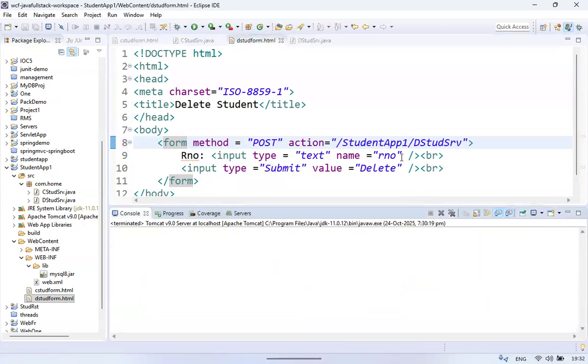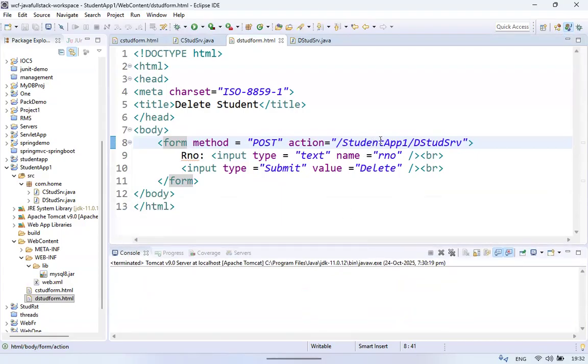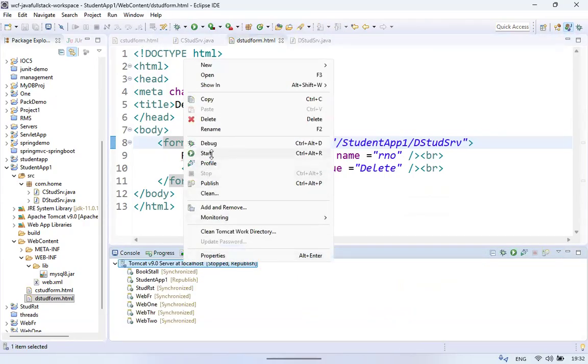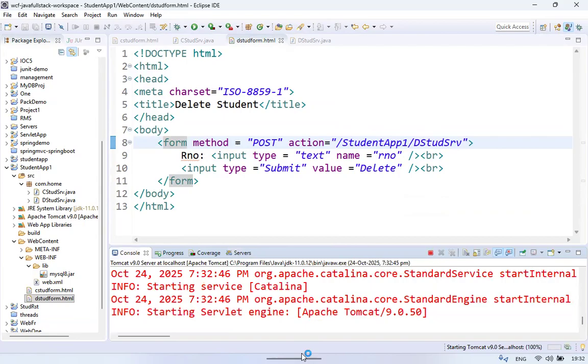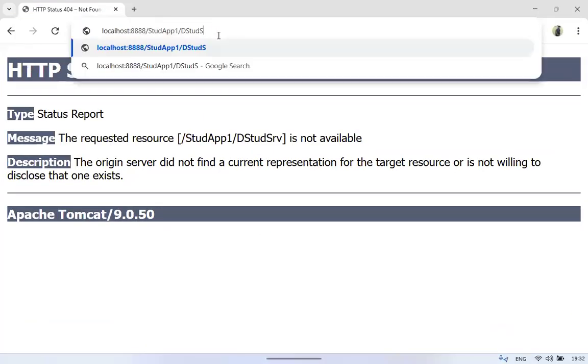Now run it once again. Did you understand the problem? Don't panic after seeing the error. Just go for the server again. Once again restart the server, guys. Okay, then again open the browser. Please go for sending the request for the HTML form,